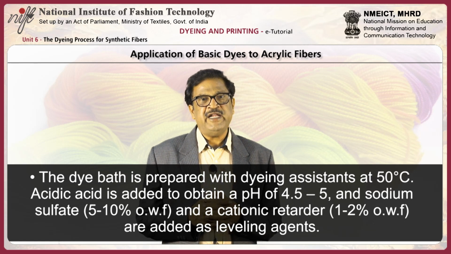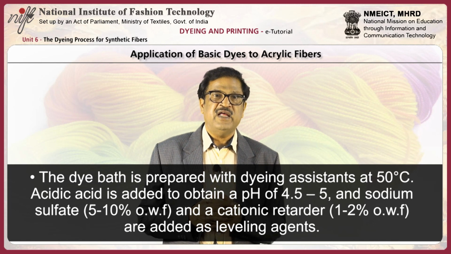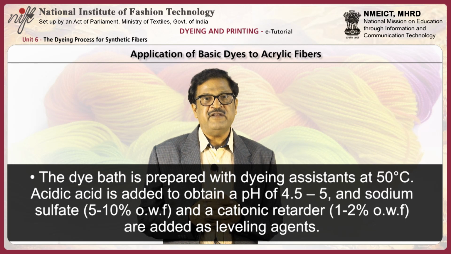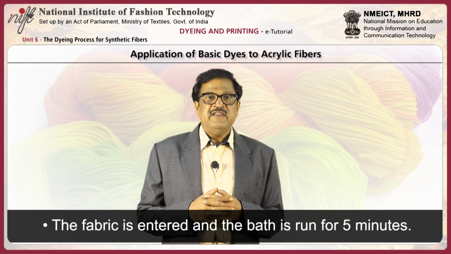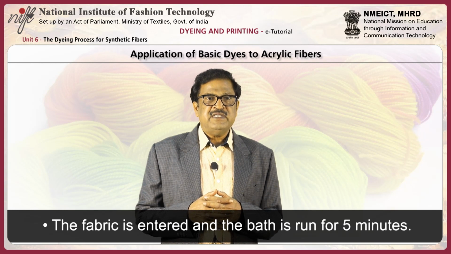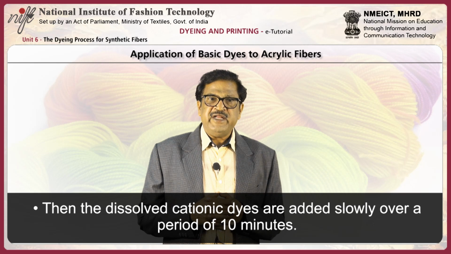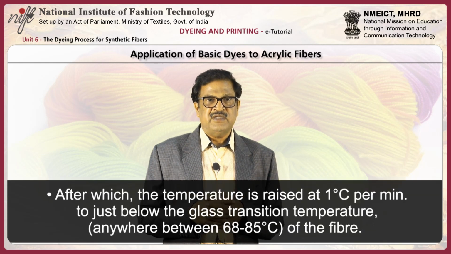Acetic acid is added to obtain a pH of 4.5 to 5, and sodium sulphate 5 to 10% on weight of fiber and a cationic retarder 1 to 2% on weight of fiber are added as leveling agents. The fabric is entered and the bath is run for 5 minutes. Then the dissolved cationic dyes are added slowly over a period of 10 minutes, after which the temperature is raised